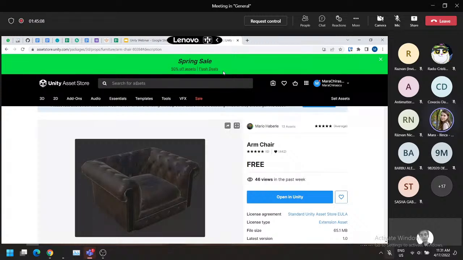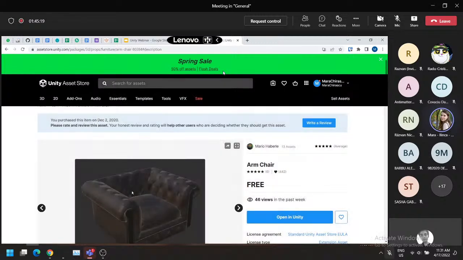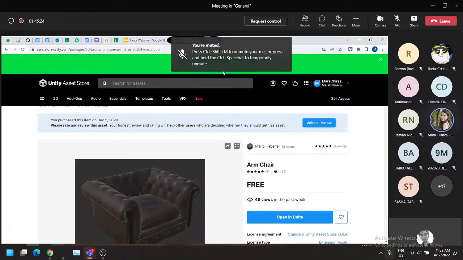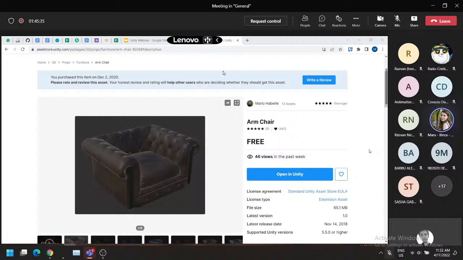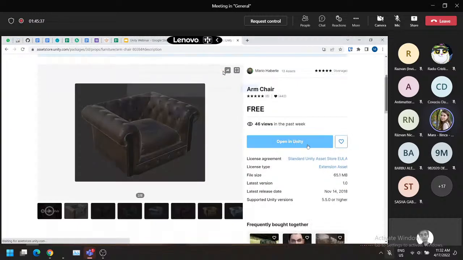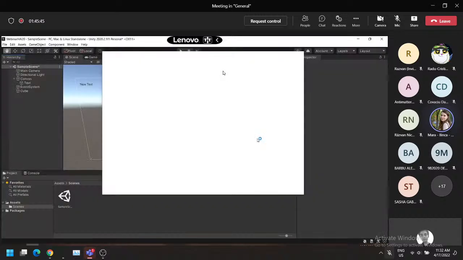I'm sorry, I spoke a lot of Romanian. Just enter the asset store and type in armchair. Okay, it's going to be this armchair, like the first or the second result. Did you manage to do so? Yes. Okay, great. And now, if we also have our project open, we can click on Open in Unity, and